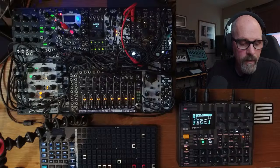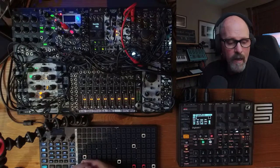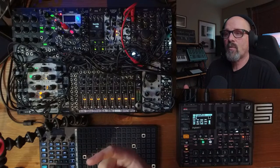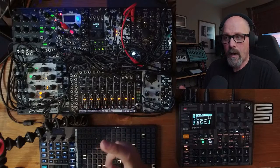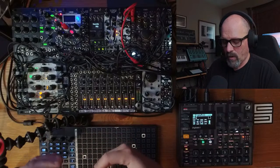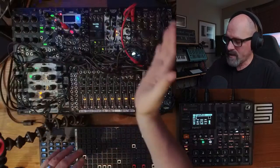Where are we at here? Did I ever try the Torso? Yes, I did try the Torso T1. A couple things with the T1. It was great for generating random stuff, which the Oxy can also do. The thing that was difficult for me is that I needed more options for output, because I'm controlling multiple voices in my case,